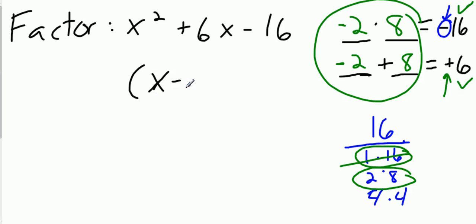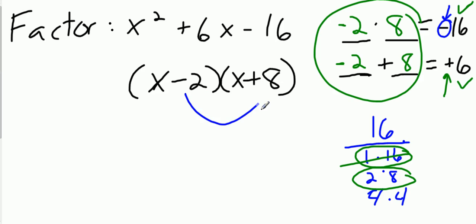x minus 2, x plus 8. Okay. Again, you can always check. It's probably always worth doing this quick check here to make sure that you get that right sign. All right, negative 2 times positive 8 is negative 16. All right, that's an easy one that you can usually do in your head without actually writing everything